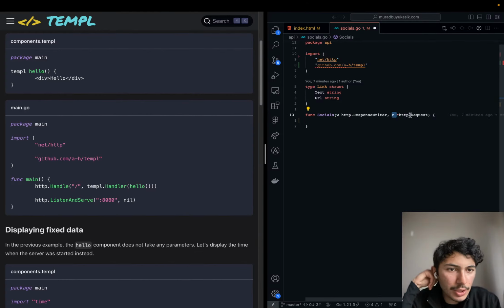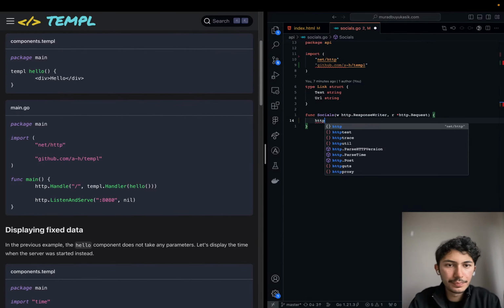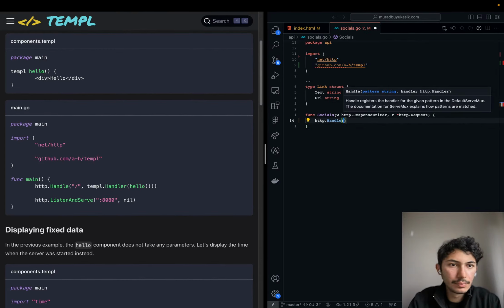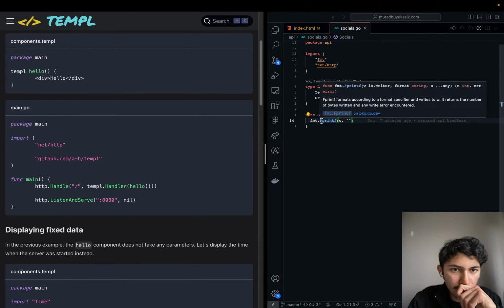So I guess this is the request object, the response object, but what? Fprintf formats according to a format specifier. Okay, so